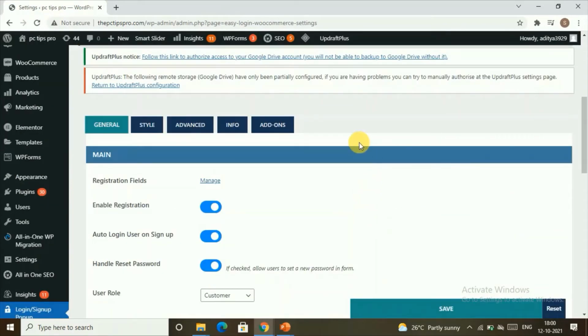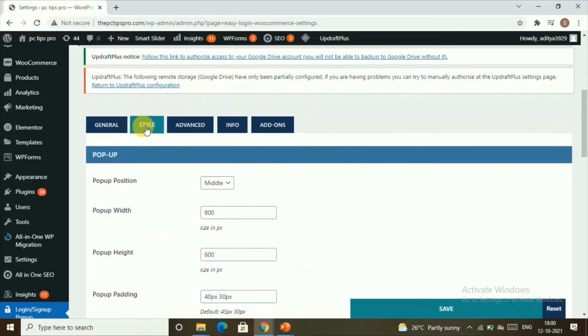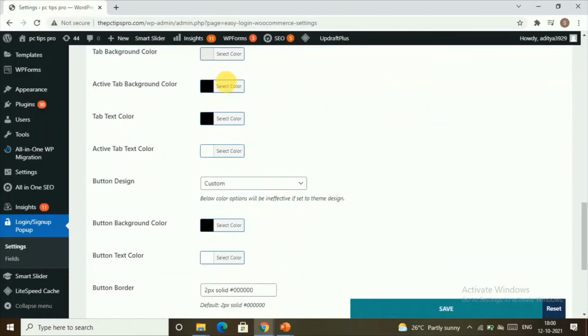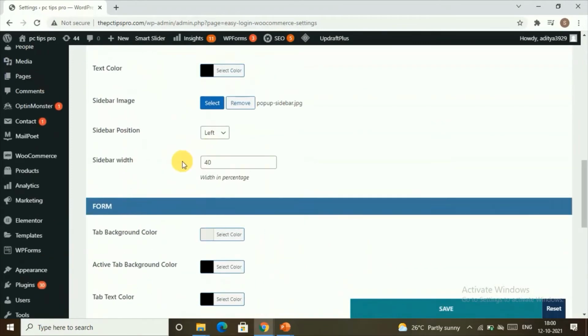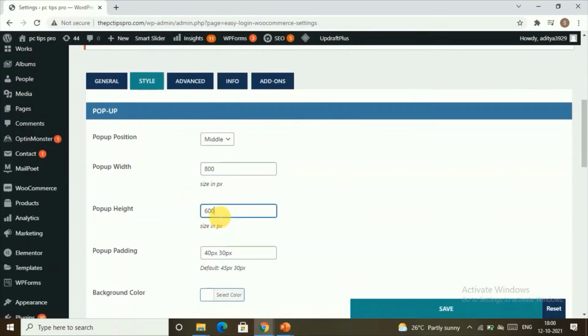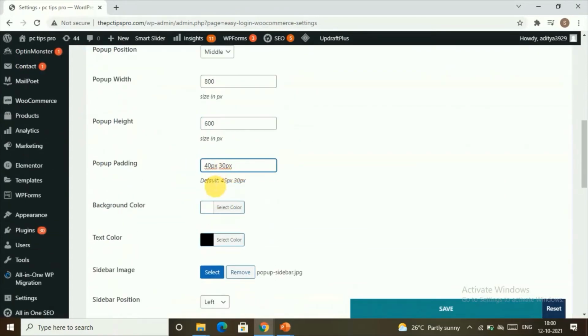We can go to the Style section to make changes to our login and sign up forms. Let's have a walkthrough of all the settings. Firstly the pop-up position, where the pop-up has to occur, top, middle. Then we have the pop-up width. You can choose the pop-up width and height, and the pop-up padding.